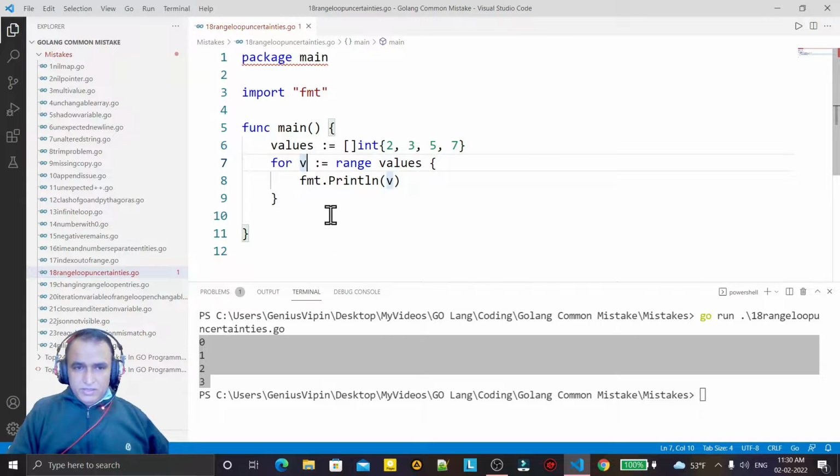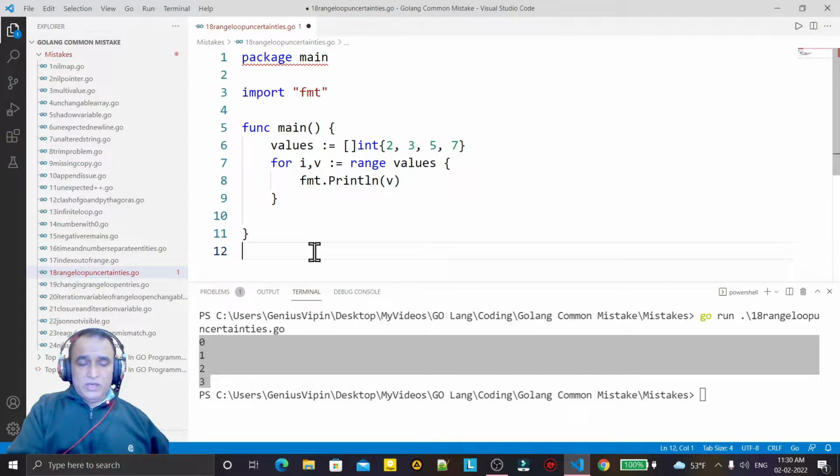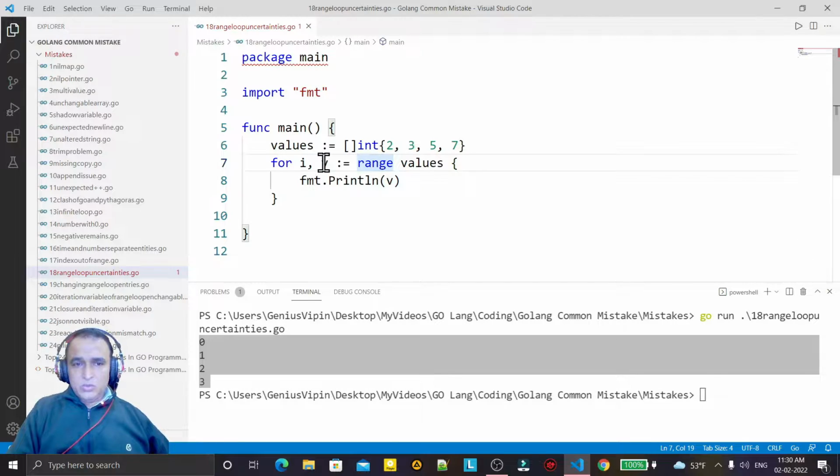So here in range we have two values. First is the index value, and second is the value. We have two values because range returns two outputs here. First is the index, second is the value. So if I put here,